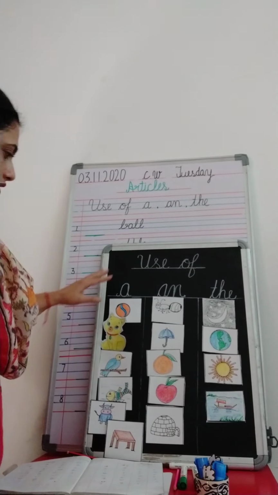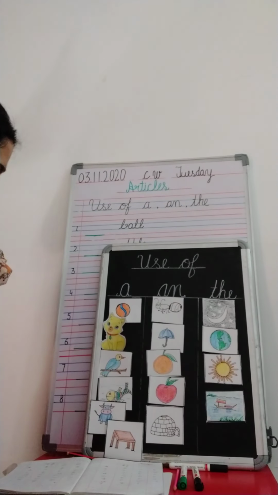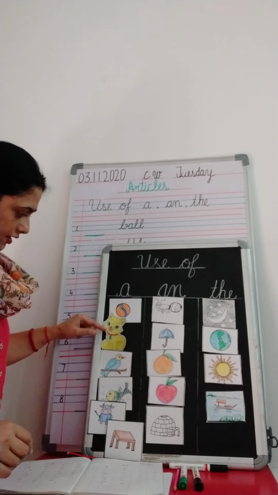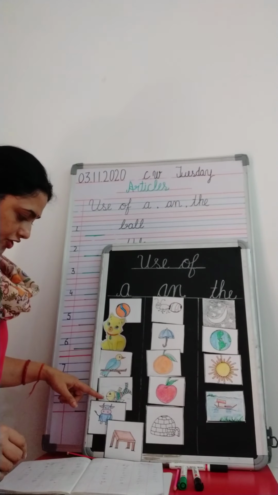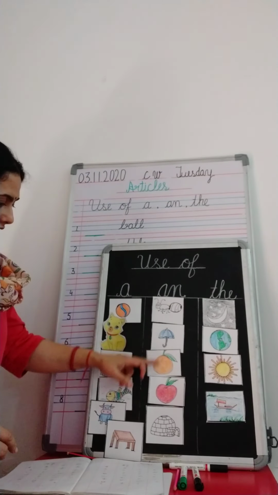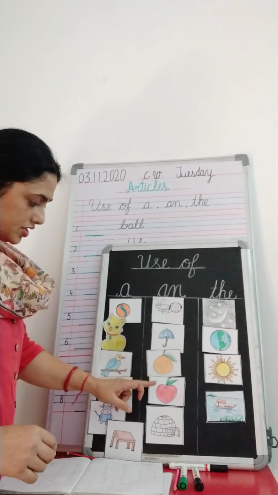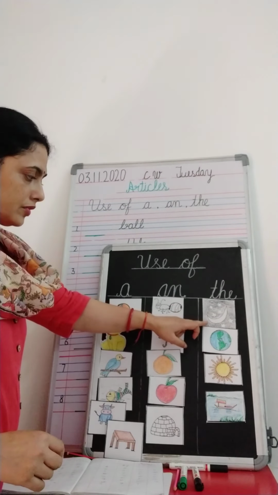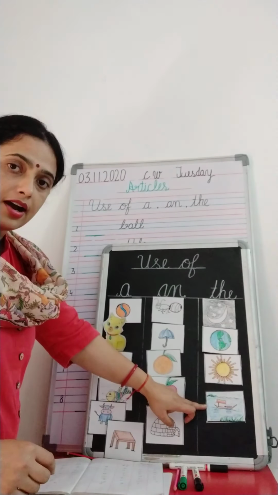Okay, so babies, can you see these pictures here? Yes? Okay, now tell me, what is this? Ball. This is a ball. This is a cat. This is a bird. This is a fish, a bull, and a table. Yes? And what are these things? Ant, umbrella, orange, apple, igloo. And this is the moon, the earth, the sun, and the Ganga river.